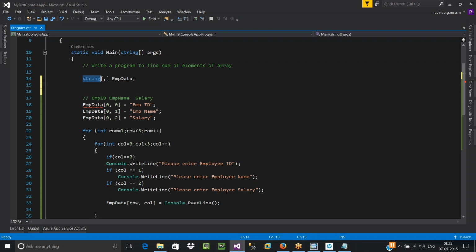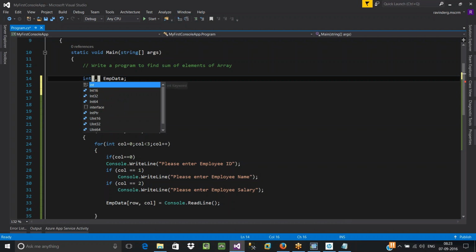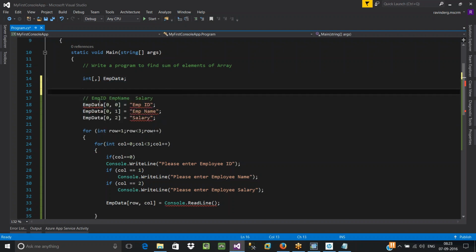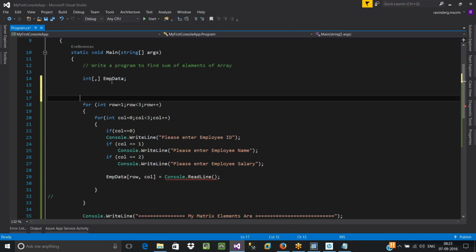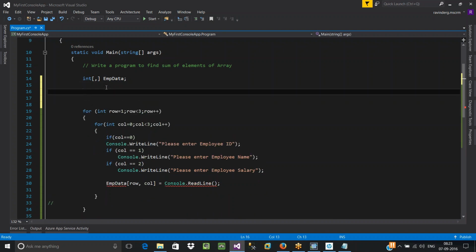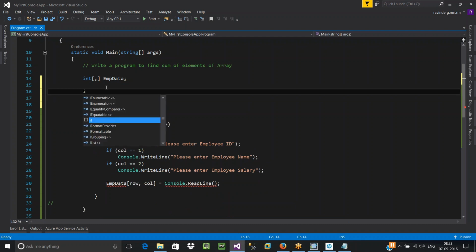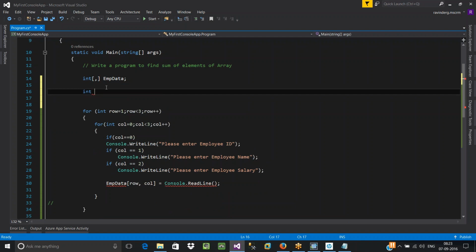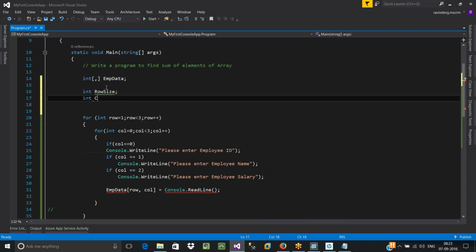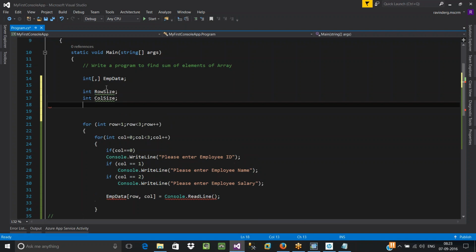So I'm just going to change this. I'm going to change it to int. Now you have to get row size and column size dynamically from the user. To accommodate row size and column size, I'm going to define two more variables. Those are going to be row size and the next one is going to be column size.